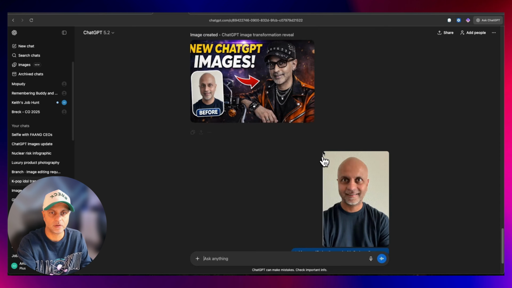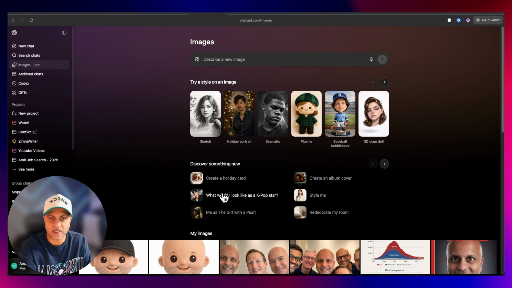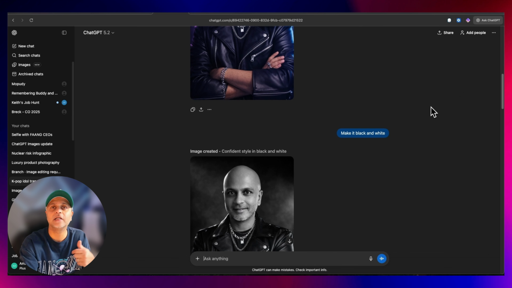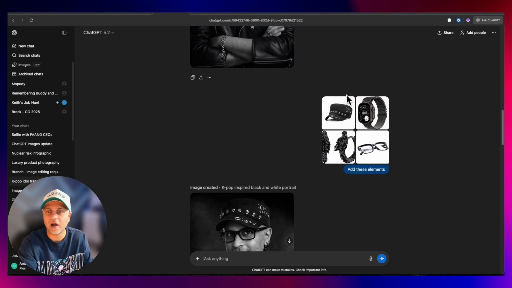And then the next one, I did a lot of back and forth with this. First, I did the K-pop style, which, if we go to the images, is this one right here. What would I look like as a K-pop star? I tried that, and then I continued to edit it. So I asked it to make it black and white. Here we go. Then I said, okay, now add these elements. So we have the hat, the earrings, the glasses, and the Apple Watch. And you can see all of those got added. Even though the Apple Watch orientation should be facing me and not the other way around,